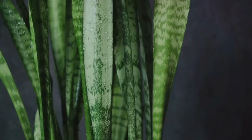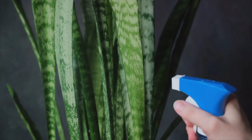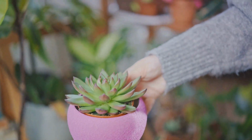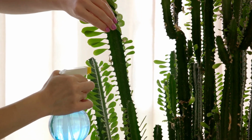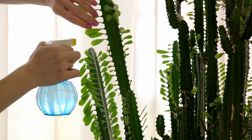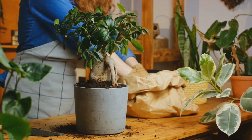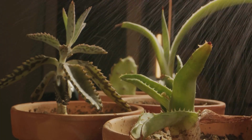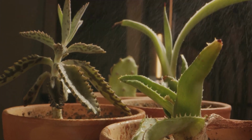For instance, snake plants, or Sansevieria, are reputed for their ability to endure varying lighting conditions and even aid in air purification. Succulents, on the other hand, are experts at storing water in their roots, leaves, or stems, enabling them to go on without hydration for extended periods. A simple watering schedule of once every fortnight is all they need. This approach significantly cuts down the time and effort required for plant care, making it a practical option for even